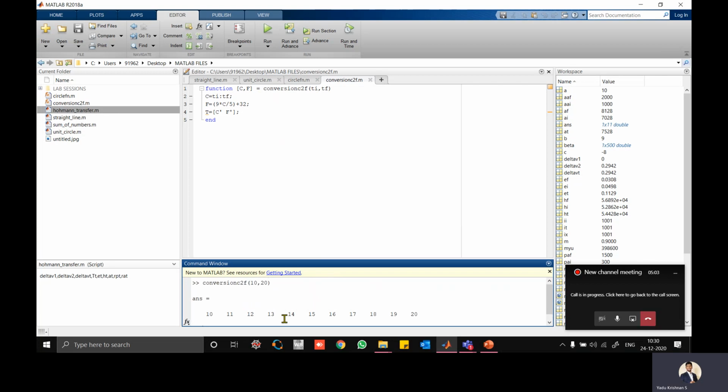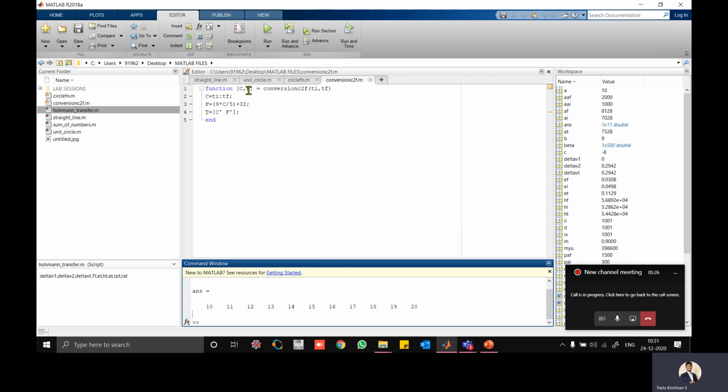Here the answer is 10, 11, 12, 13, 14, 15, 16, 17, and so on. Any mistake? It is 10 to 20 only. So these values are actually degrees Celsius only.